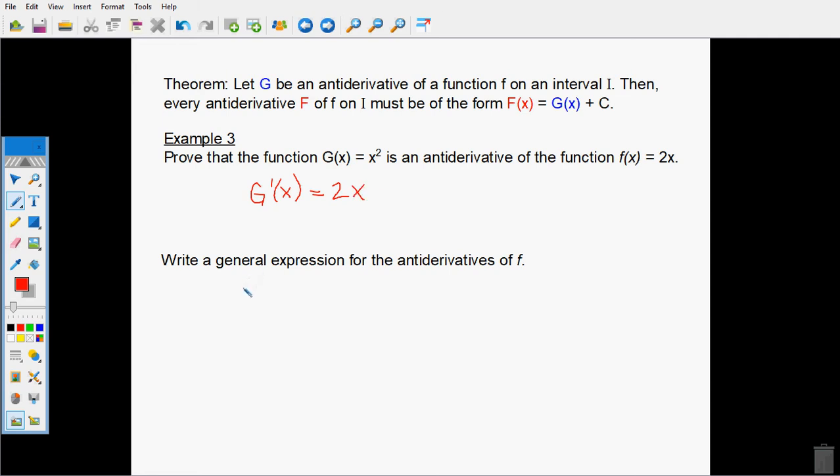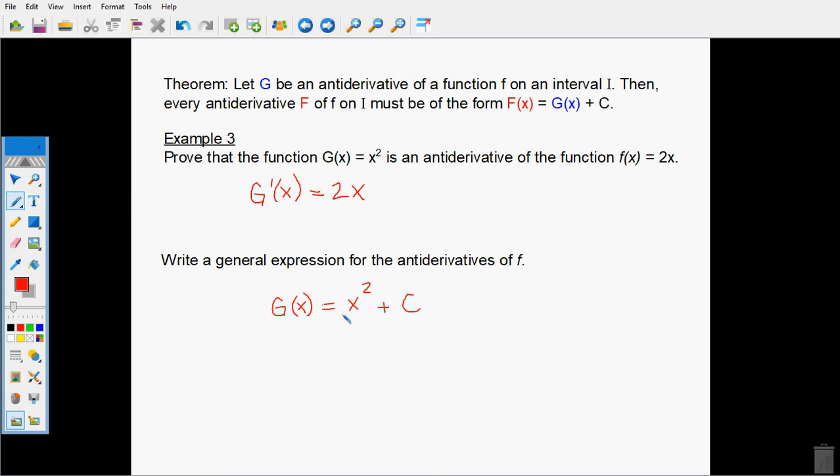But also write a general expression for the antiderivatives of f. It could be any sort of x squared plus c, right? That could be x squared plus 2, it could be x squared plus 5, it could be x squared plus